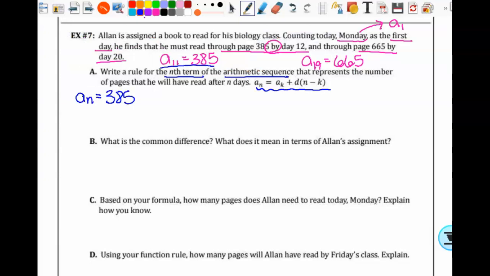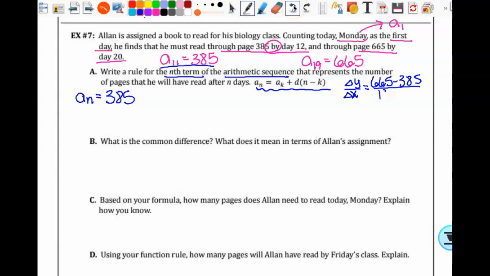Do I know what d is? Yeah, I got to find it, right? So I need to find delta y over delta x, and that's going to be 665 minus 385 over 19